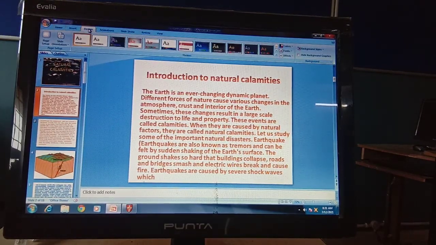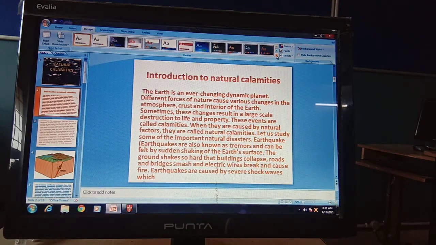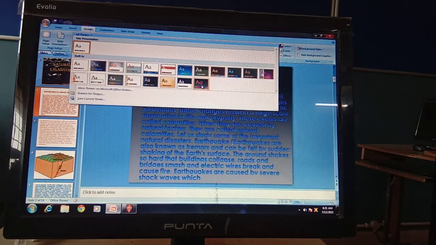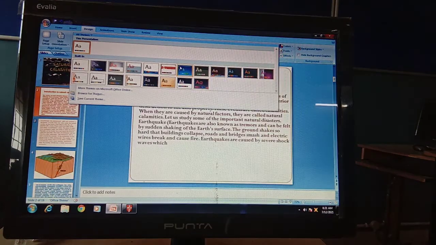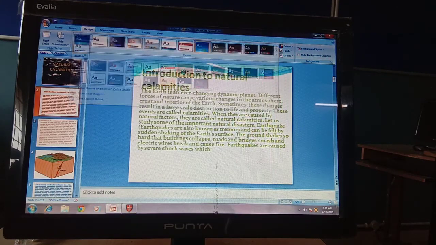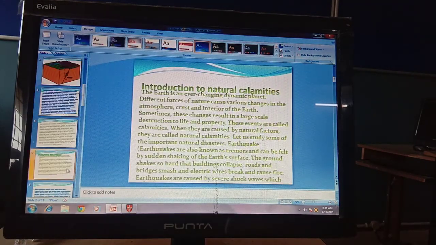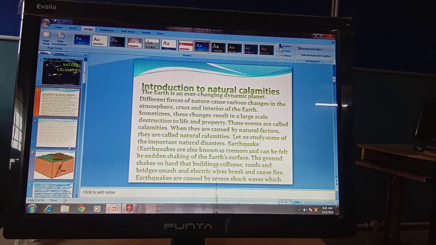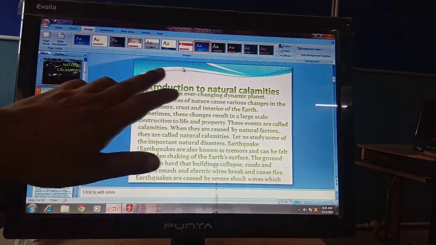As I click on the Design tab, these are the available themes. It means the way the pages or the background of your pages will appear. Okay, so these are themes available in your PowerPoint software. So you can apply these themes. For example, I am just applying this theme. So all my document will be converted according to this theme. Okay, it will have a particular color of text and layout of slide.